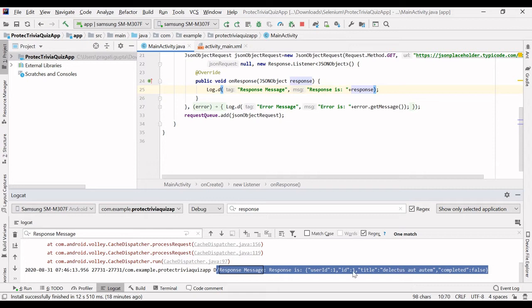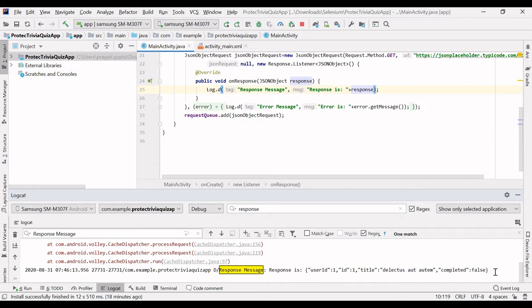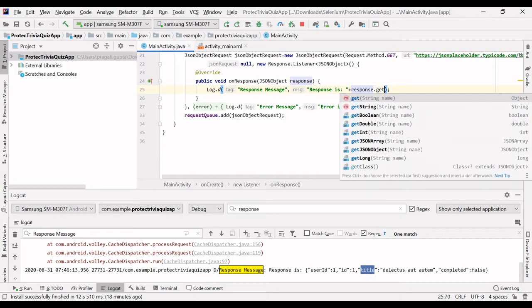But first of all, I will show you, let's suppose I don't want to get the JSON object. I just want to get a particular key from this JSON object. So how can we get this title from this JSON object? So what I will do, I will just mention from this JSON response. I want to get